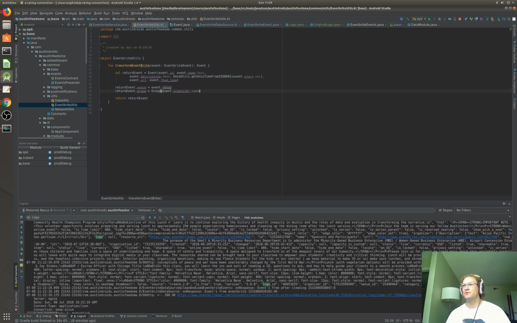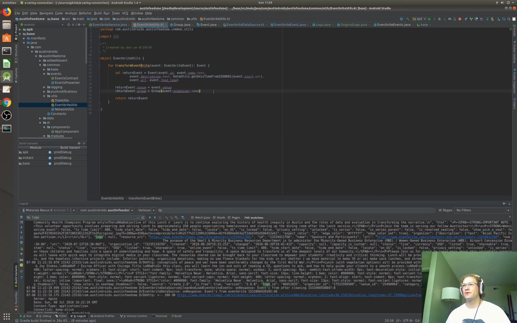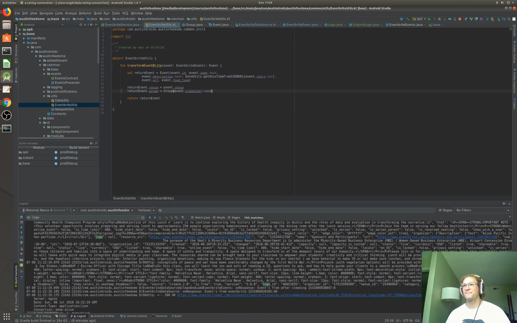So how do we do our group? We do group, and we need to do set group photo. This is not the cleanest way to do this, but return event.group, set group photo equals